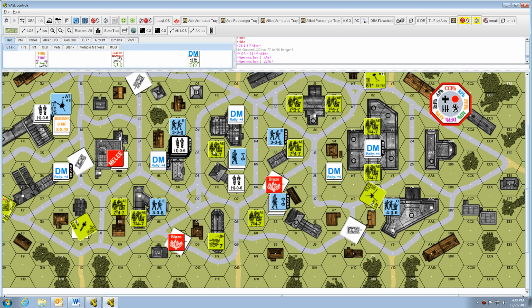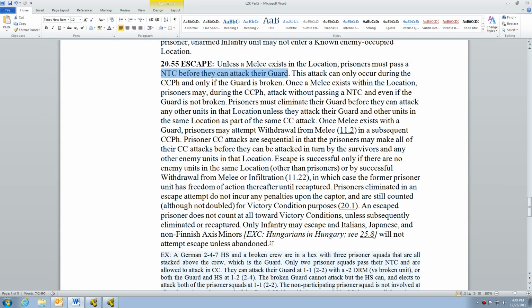if the American player is somehow able to get one of his units into that hex and start a melee, then basically at that point the prisoners can choose to join in the close combat without having to do a task check, but to start an actual close combat with its guard. Now, the guard must be broken, and then it must pass a normal task check before it can even attempt this. This attack can only occur during the close combat phase, and only if the guard is broken. Once a melee exists within a location, prisoners may, during the close combat phase, attack without